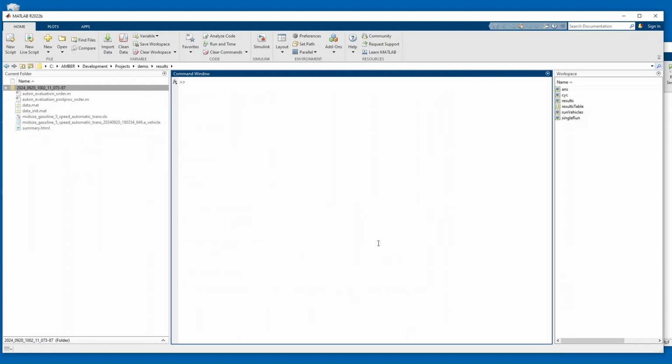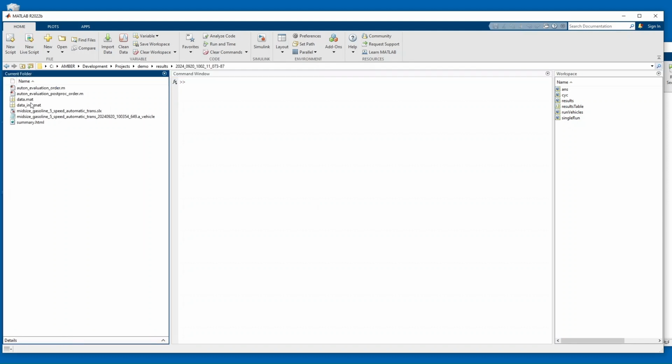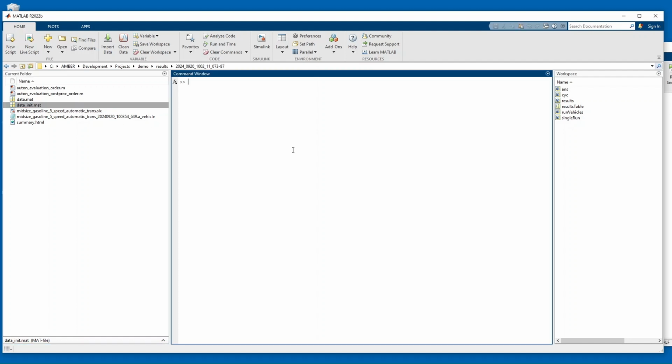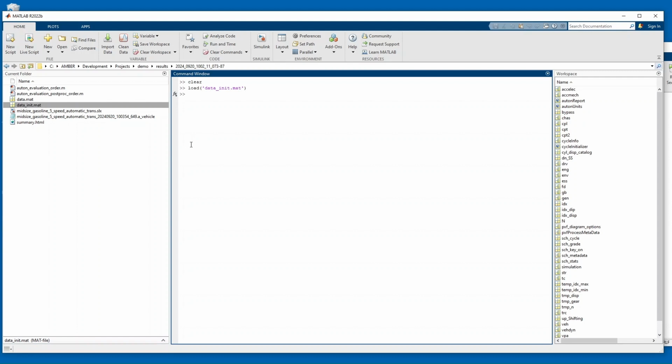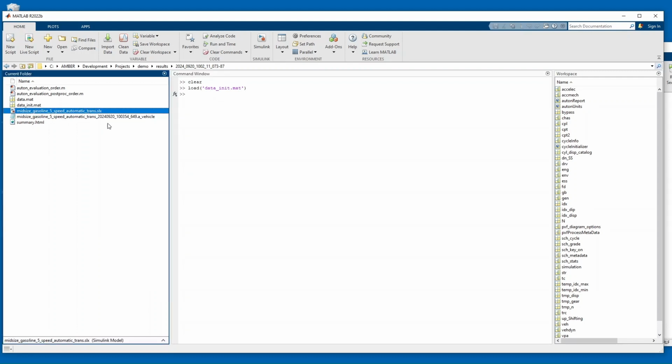Now what we can do is we can load this data.mat or the data init.mat. Let's clear the workspace first. Load this data init.mat, and then we could open up the diagram